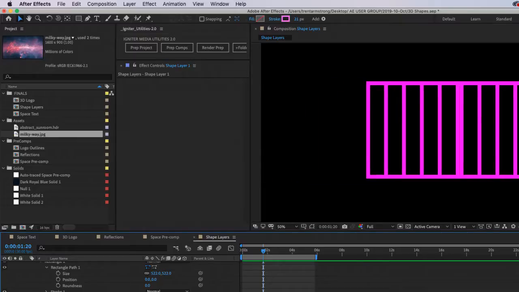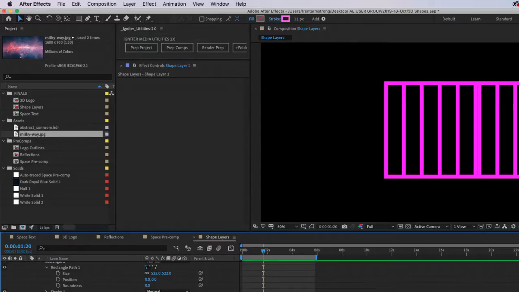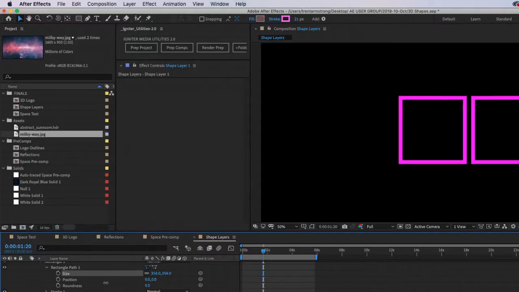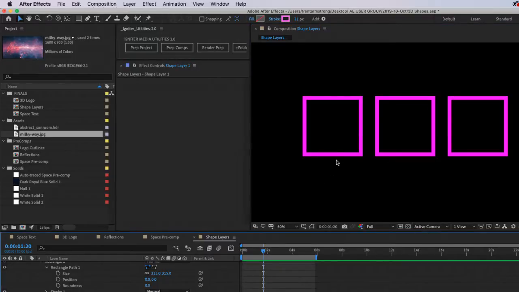I have units 1, 2, and 3, and if I offset 1 to the negative, I have units 0, 1, and 2.